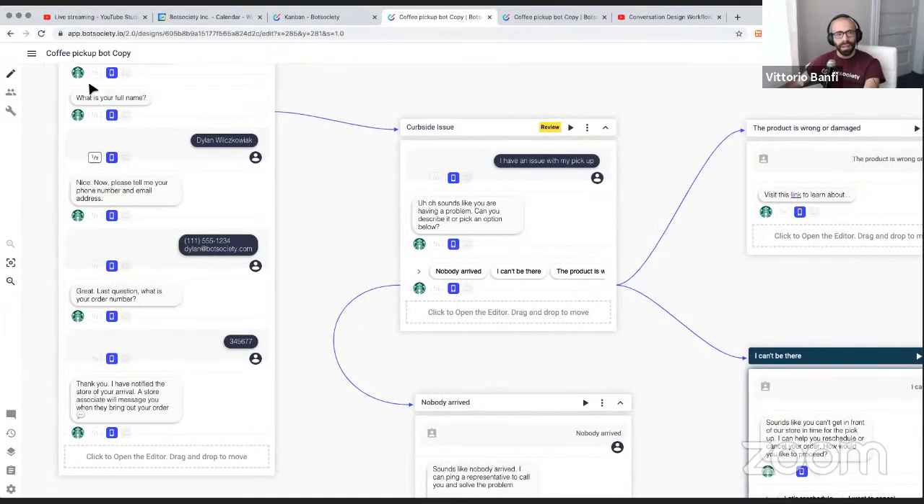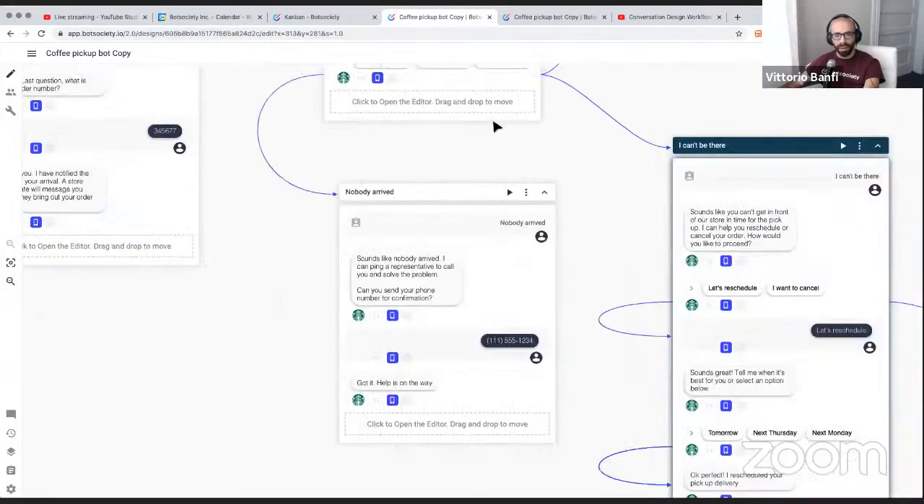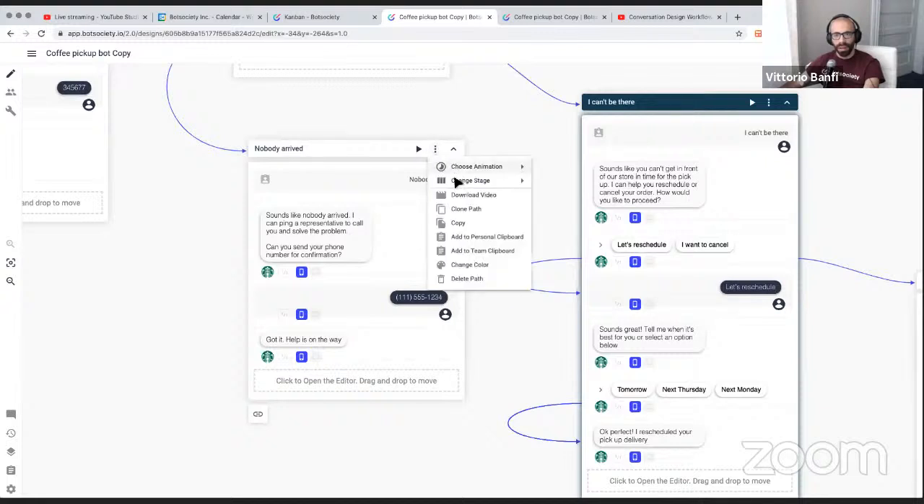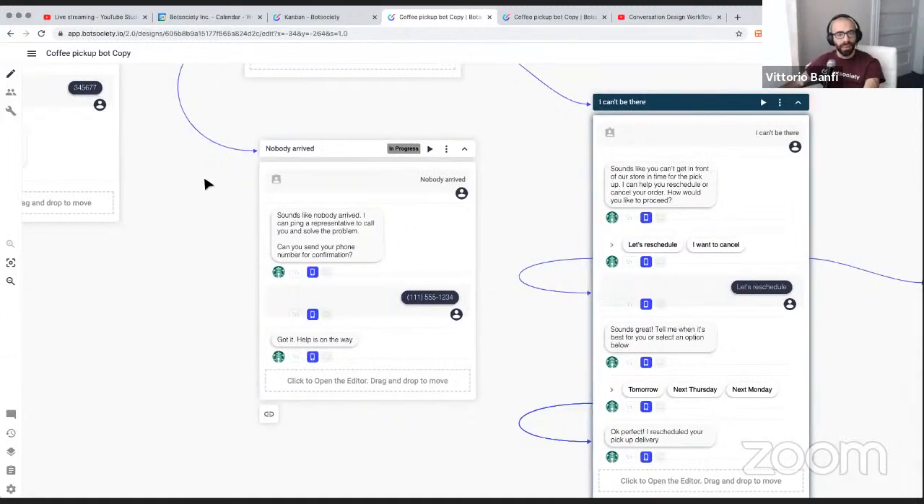And now you can also take a look. Let's assign another one. So let's say that this one here, it's in progress. That's what I'm working on at the moment. Now one cool thing that you can do is, if you go here on the left-hand side, we have